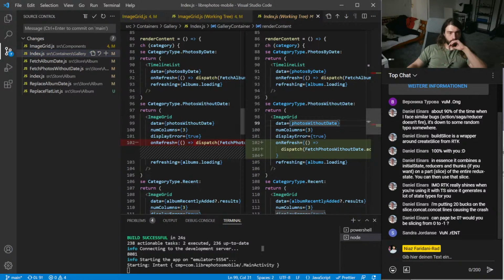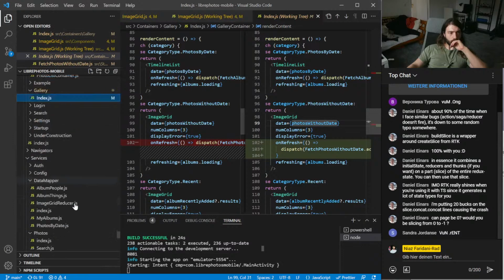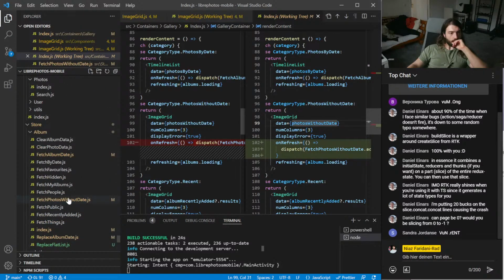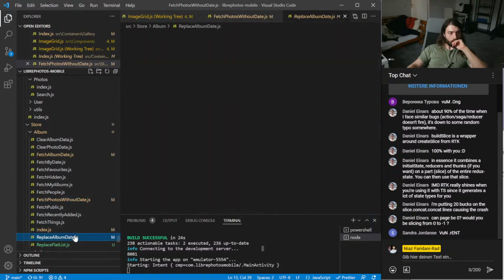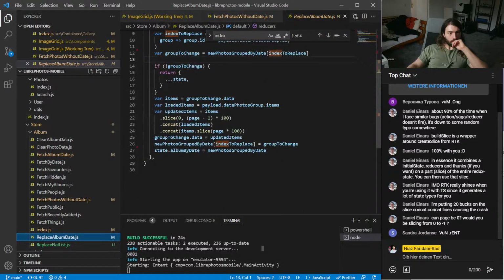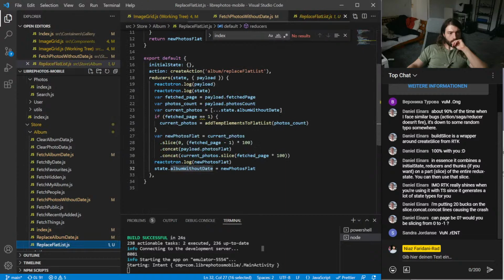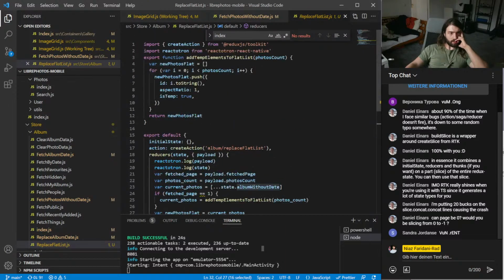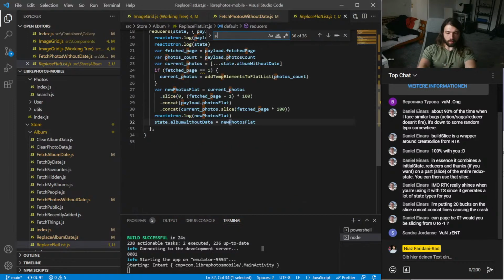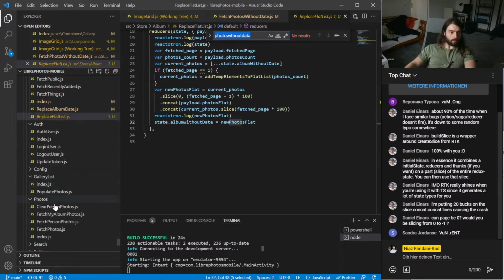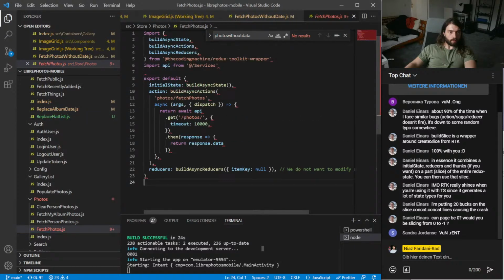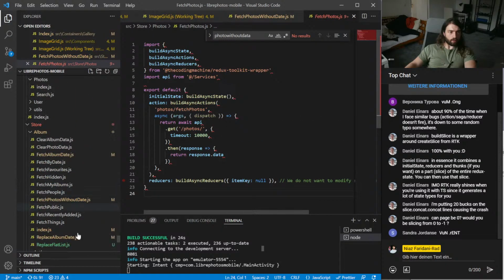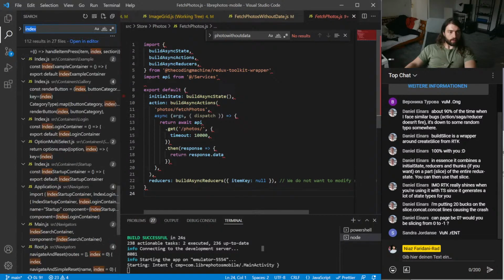Photos without date. Album without date. So why is the other thing called photos without date? Photos without date. What? Please don't tell me I played around with the wrong thing. But it looks like that. Are you kidding me?